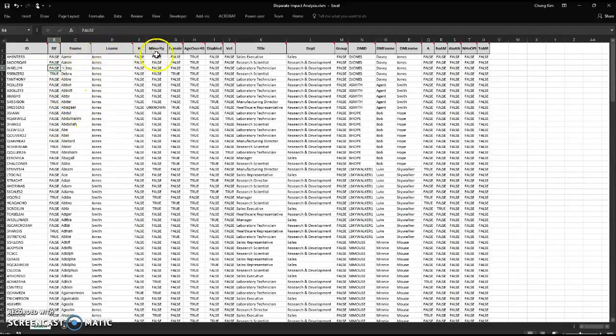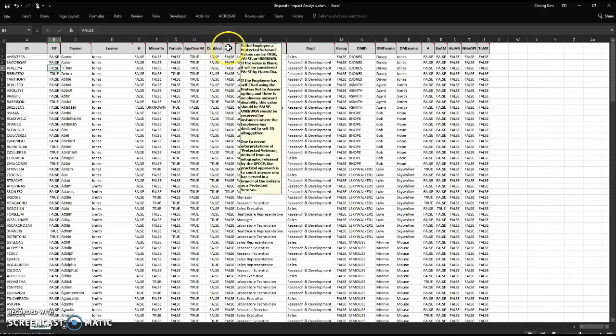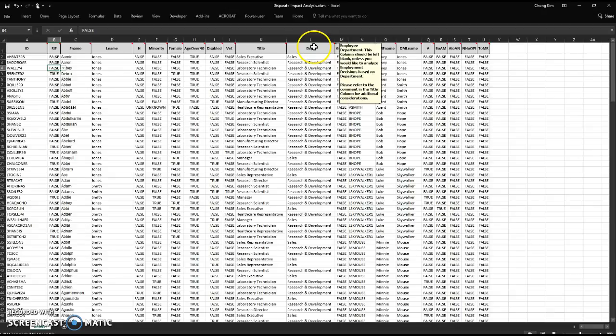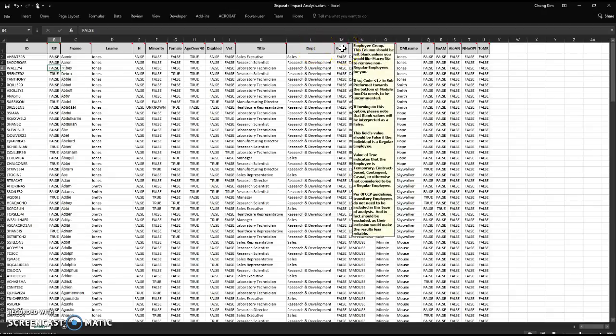Employee first name, last name, whether the employee is Hispanic, whether the employee is a minority, whether the employee is female, age over 40, disabled, veteran, employee's title, employee's department, employee group,